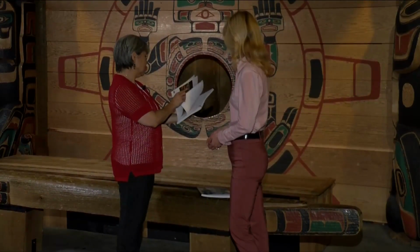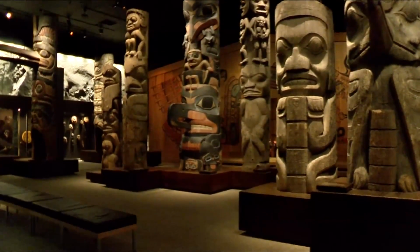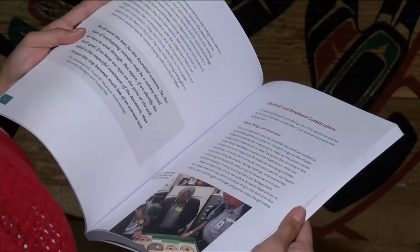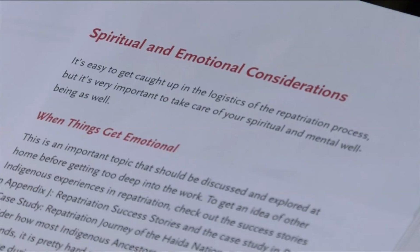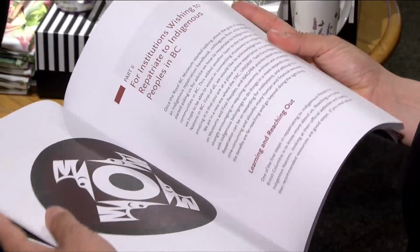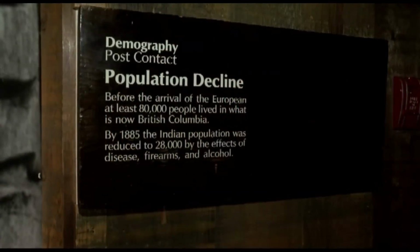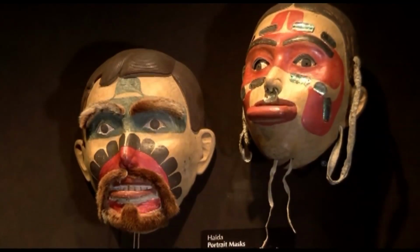first place. We drew on the experiences of the Haida Gwaii Museum that has had a lot of experience in repatriation and who authored this book along with the museum, and put together some templates that we thought were useful, found some terminologies that people could become more familiar with, and then we also took a look around the world to see the museums that actually have collections that come from BC, and provided a list of those museums with